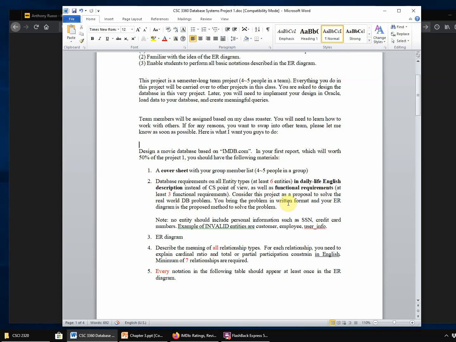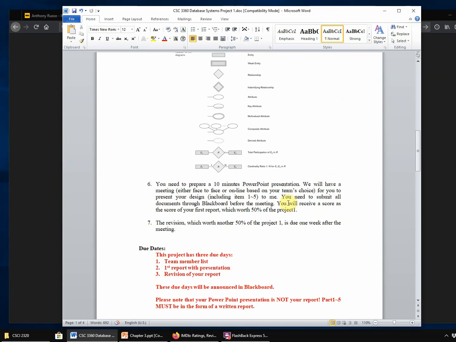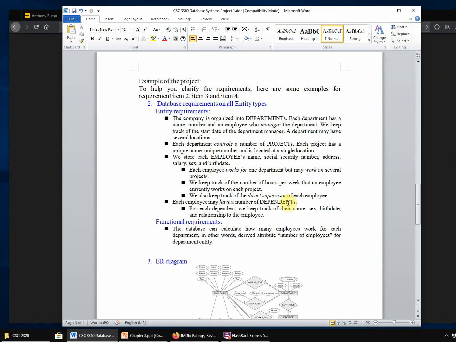So let's take a look at the example I prepared at the end of this document. I'm just going to use the class examples. These are the requirements. See that it says the company database consists of 4 entities. Each entity has an English description. So if the very first entity is movie, you need to say that this database keeps track of the movie, and the movie has its starting date, directors, possibly multiple directors, multiple actors, etc. Describe every single entity in English,